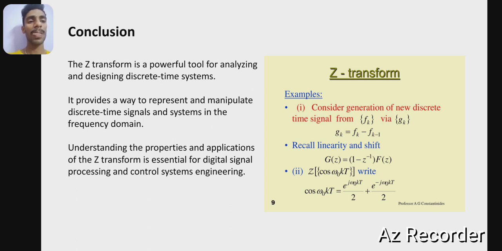Z transform of cos kt. It can be written as e power